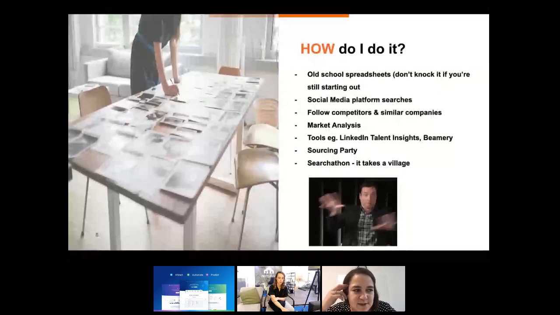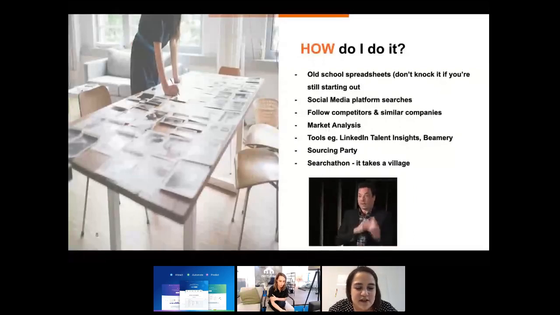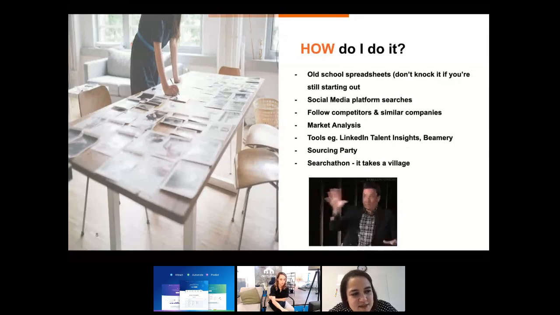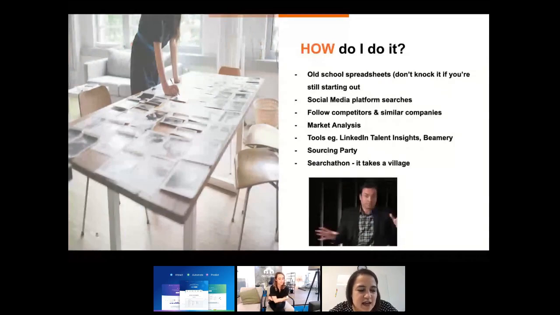So after, I'm going to show you this tool, as I've said a million times, where we're currently using Beamery. I'll show you how it works just now, which is a CRM tool we've invested a lot of money in and have really tried to make use of, where we take these names and reach outs, load them up into our system, and of course try to be GDPR compliant.